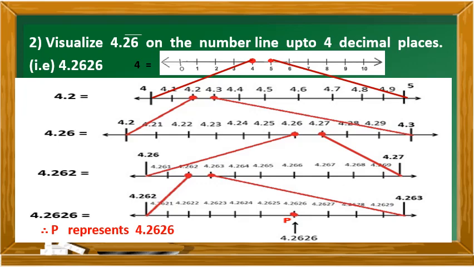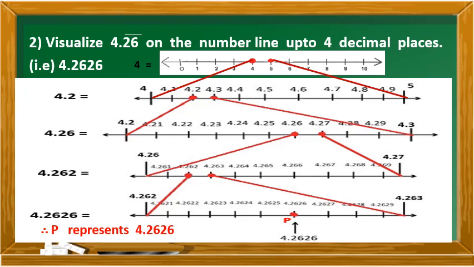Now draw a number line next. That is divide it into 10 equal parts. Now the first point is 4.2 and the last 10th point is 4.3. Now we are going to represent 4.26. So start marking the points as 4.21, 4.22, 4.23 and so on till we stop with 4.29 and at last 4.3. Now circle 4.26. Now view where the next decimal 4.262 lies. It lies between 4.26 and 4.27.